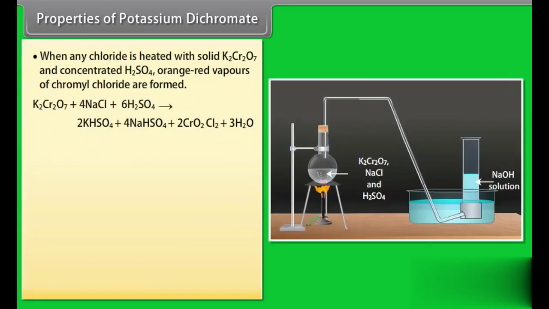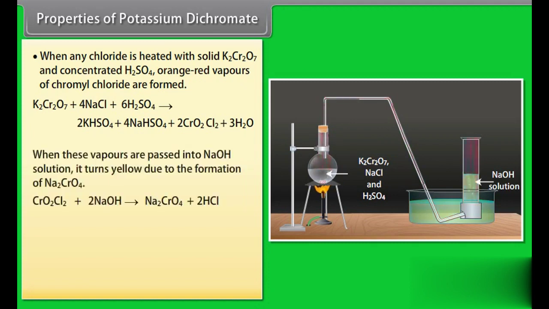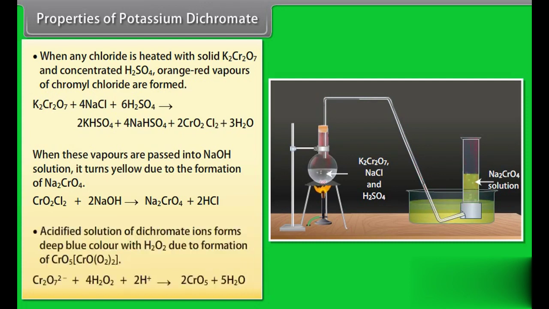When any chloride is heated with solid K2Cr2O7 and concentrated H2SO4, orange-red vapors of chromyl chloride are formed. When these vapors are passed into NaOH solution, it turns yellow due to the formation of Na2CrO4. Acidified solution of dichromate ions forms deep blue color with H2O2 due to formation of CrO5,